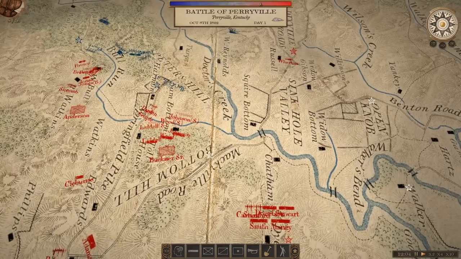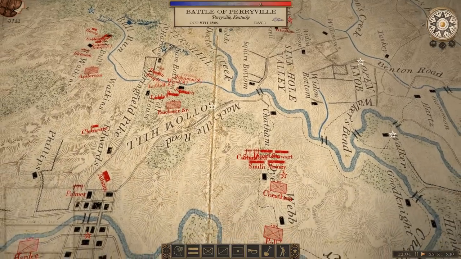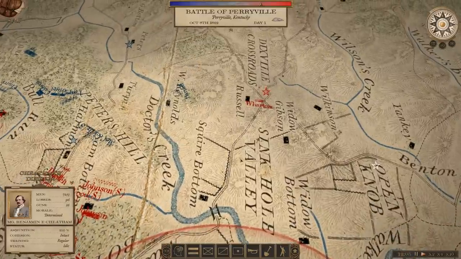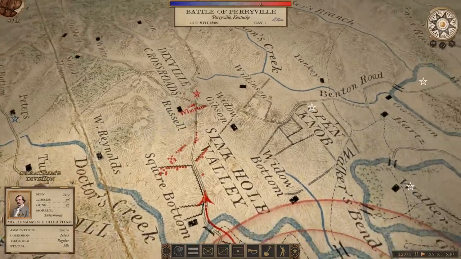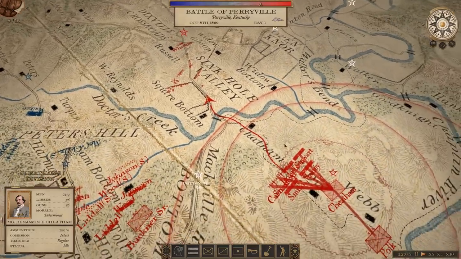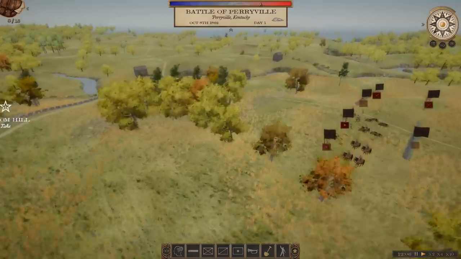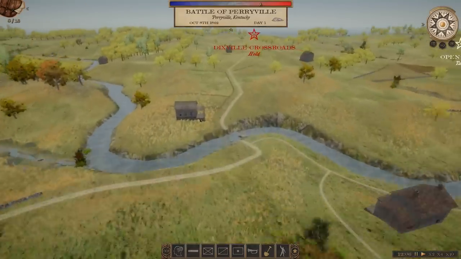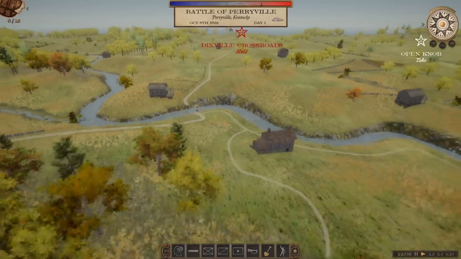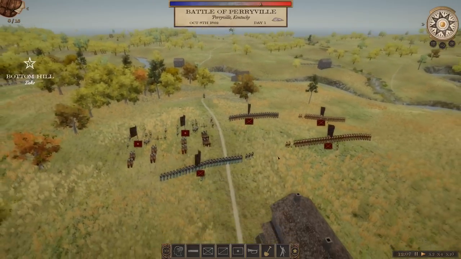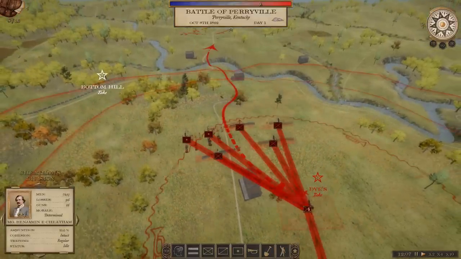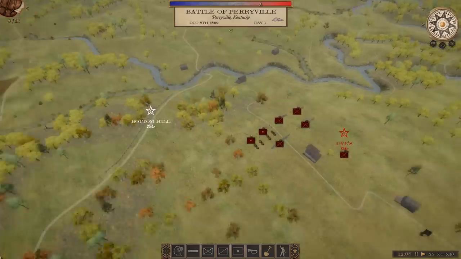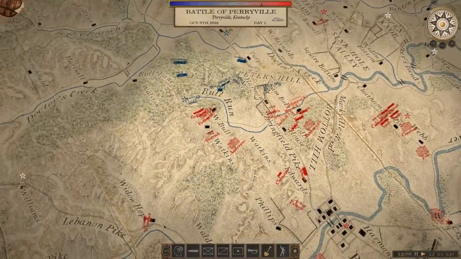And while the engagement is building up here on our left, we can start pushing Cheatham's division here across this one ford. And of course this is quite risky to put the whole division via one ford, but as it looks like we have the time and space, why not? And we can see the orders being delivered to Wharton, and the lines are showing that orders are already flowing to the brigade, so soon we will have Cheatham moving forward,